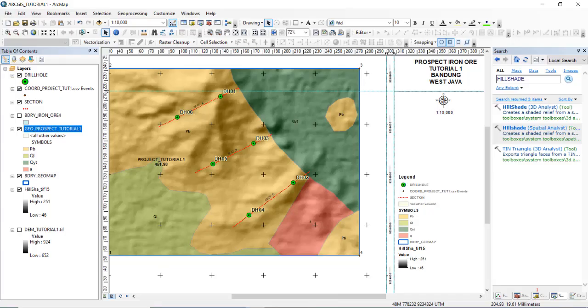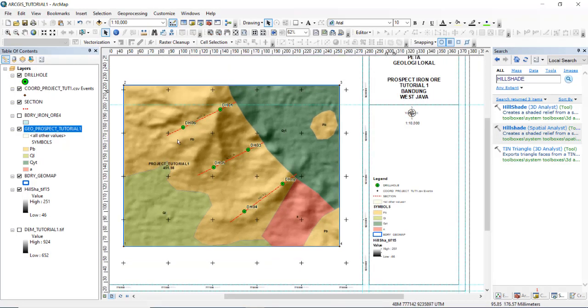Before we start, we must import data from here to GeoVia, the boundary of the prospect area, where the iron ore scatter delineation is.